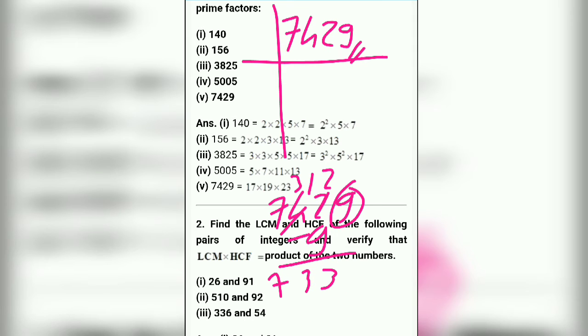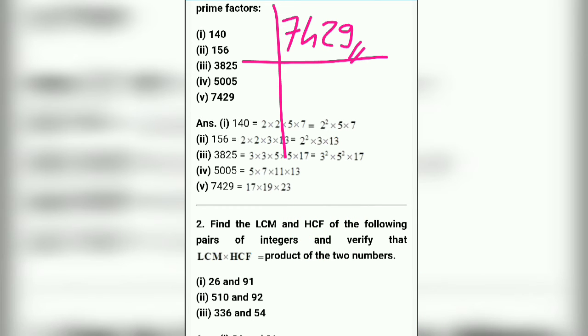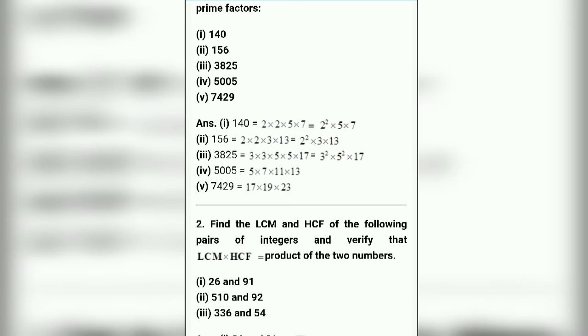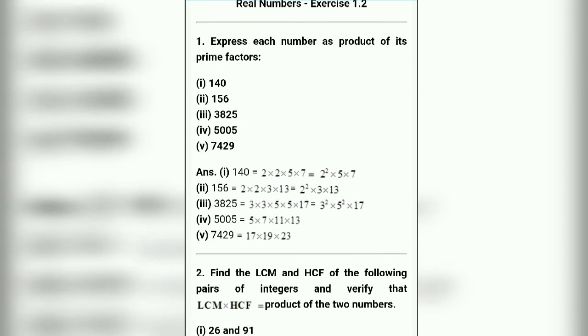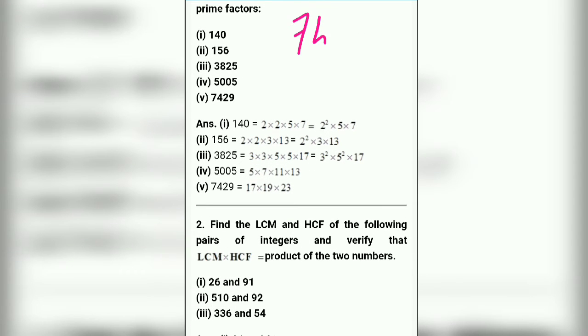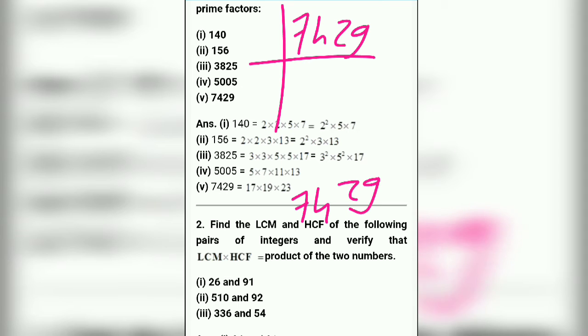Okay. Then we need to check this number for 13, right? So for 13, what we need to check here, if we multiply 4 times the unit digit, that means this 9, 9 4s are 36, and if we add that number to the given number. We need to multiply 4 times our unit digit and we need to add that number to the remaining digit.